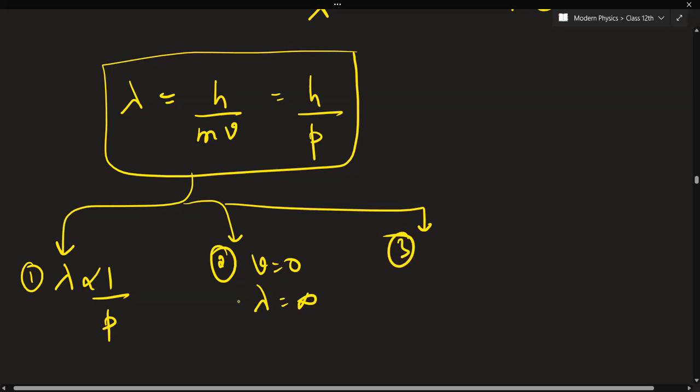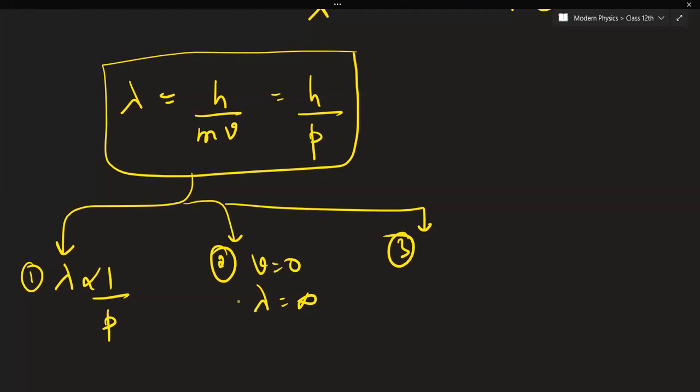Then the third point given by the hypothesis was that these are also known as matter waves, because the particle need not necessarily have a charge. They do not necessarily have a charge with them. That's why they are known as matter waves as well, because they do not necessarily have a particular charge on them. And the last part